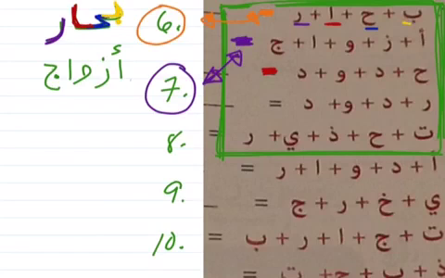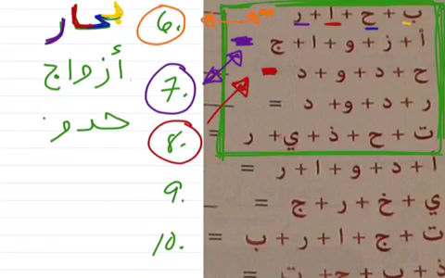Now for number 8. We have Hudud, which means borders. So we start with the Ha, and then Dal, and then Wow, and then Dal. So I'm just going to point out the Ha and the Dal. So here's Ha, and Dal is going to be blue. And the rest of them should be obvious, so moving on to number